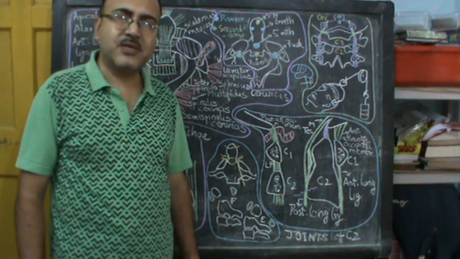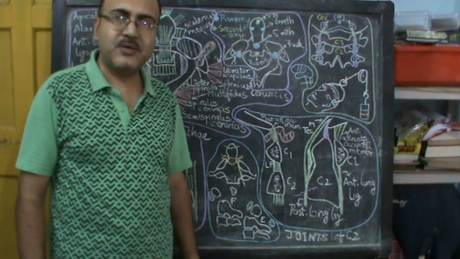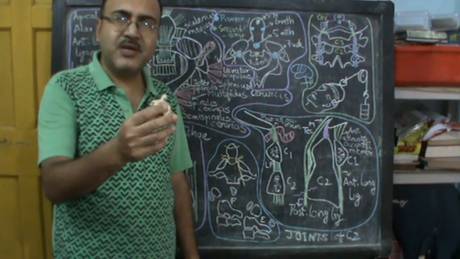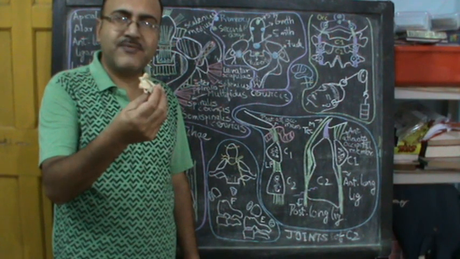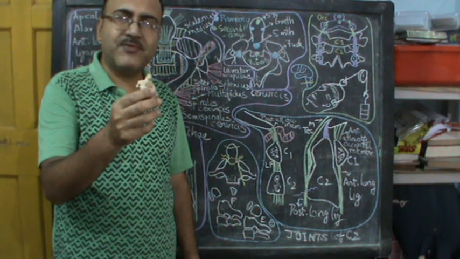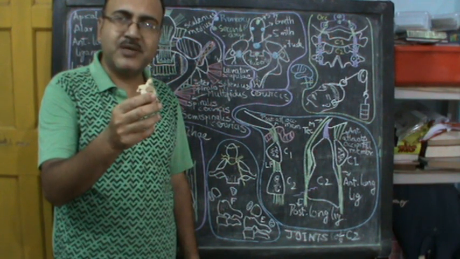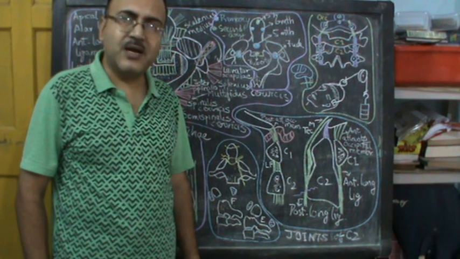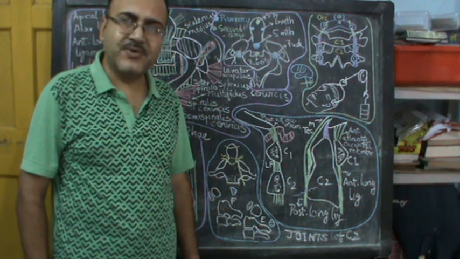Today we are going to study the second cervical vertebra, or the axis. It is one of the atypical cervical vertebrae. I have already told you that the first, the atlas, the second, the axis, and the seventh cervical vertebrae are the atypical ones, and the second, third, fourth, fifth and sixth are considered to be the typical cervical vertebrae.